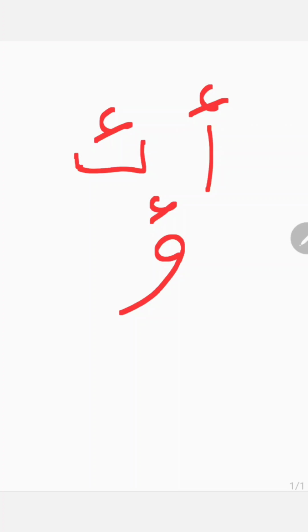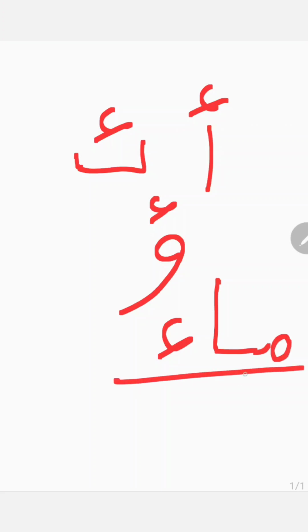Okay, this Hamza is like a stop, and it comes also alone after a long a. So if we consider this letter ma, it is called ma. So the Hamza is the stopping sound. So if we have it on alif, it will be a. If we have it on ya, it will be